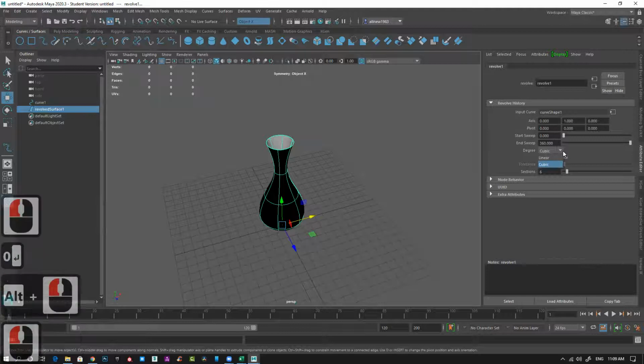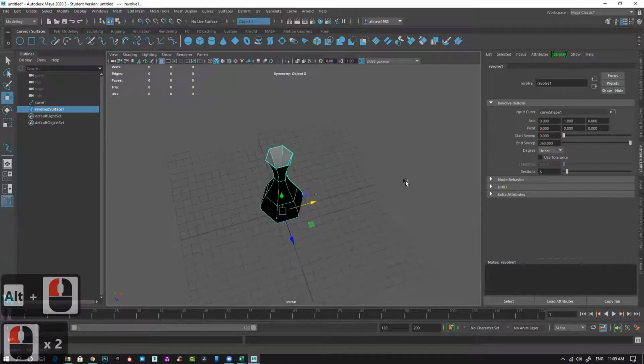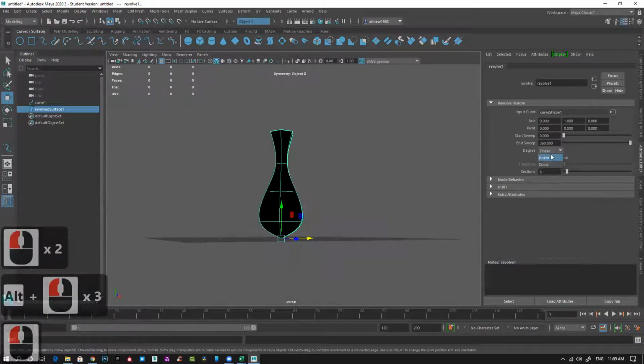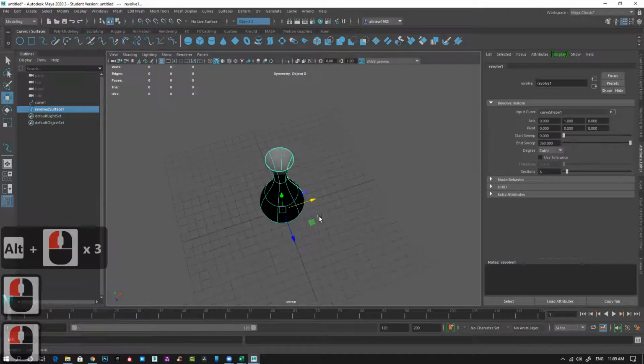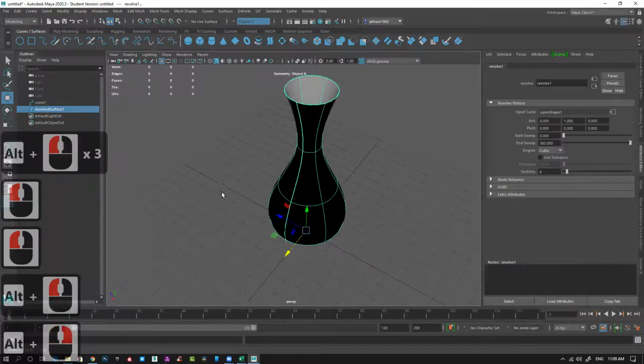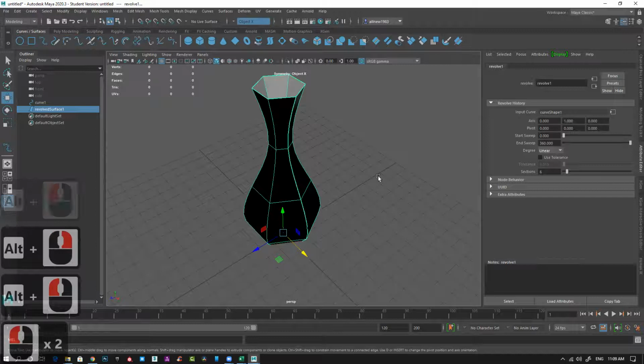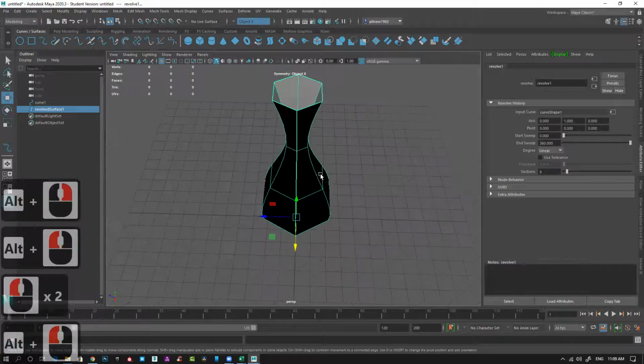If I want to change the pivot point, I can. Linear gives you an angular shape, and cubic gives you a smooth, curved shape. Use any one of them, it doesn't matter.